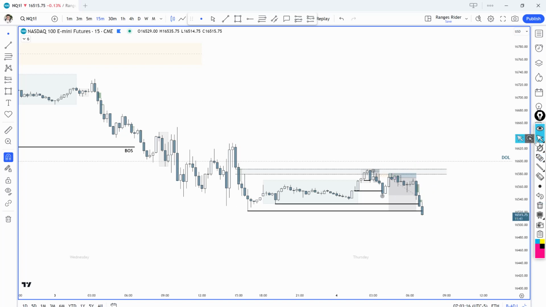Okay, so you have to understand this fact that there are two types. Number one is one time frame is for structure and the other time frame is for entry. For the structure you will find the protected high and protected low, and for the entry time frame you will go for the ranges. Okay,